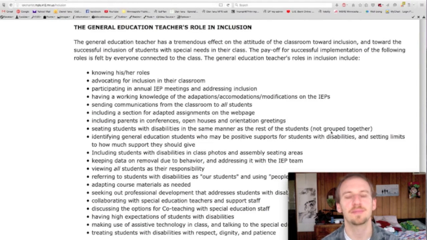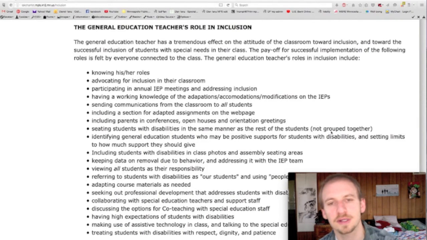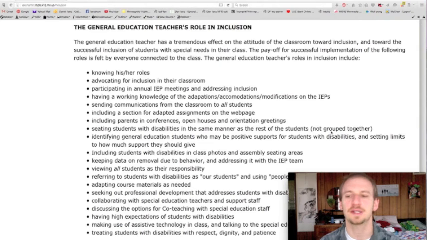I've had parents upset that they didn't receive what I consider junk mail, but what other parents feel as an inclusive communication, and it is an inclusive communication. And it's a message. If you're not going to give kids with disabilities the junk mail or whatever it is that you send home, you're communicating that they're not part of your group, and that's huge. They need to be part of your group.